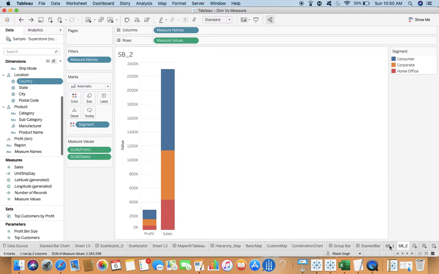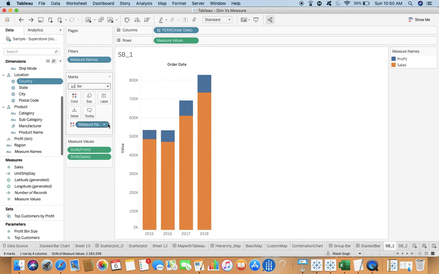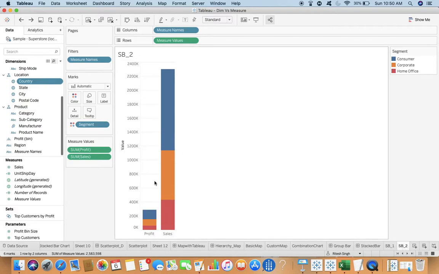So this is very simple to create. If you see, we are doing nothing. In this case you are dragging the measure names to colors, whereas in this case you have dragged the segment, or the dimension, that you want to analyze in the form of a stacked bar. So in this case, you see separate bars for different segments over there. So it shows you the proportion of sales Home Office is having for that very particular year. So in one case, you are going to drag measure names, and in the other case, you are going to drag the particular dimension. These are the stacked bars.